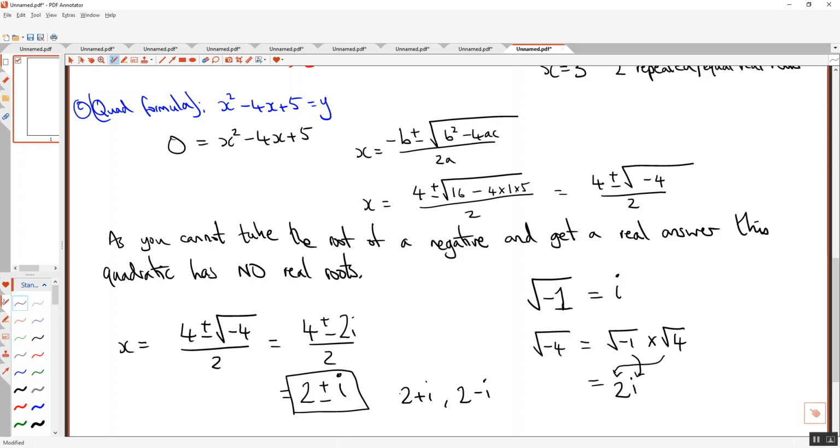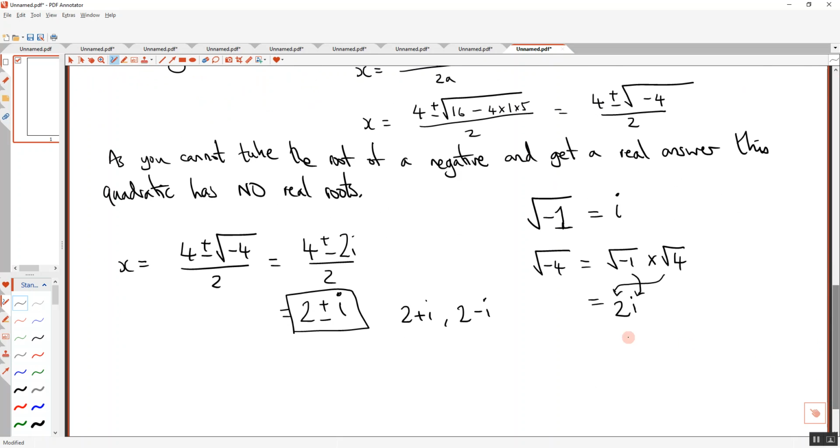But we'll take more of a note on this. Okay. If these are the roots, sorry, I'm just going a bit off topic, SL, but if these are the roots,